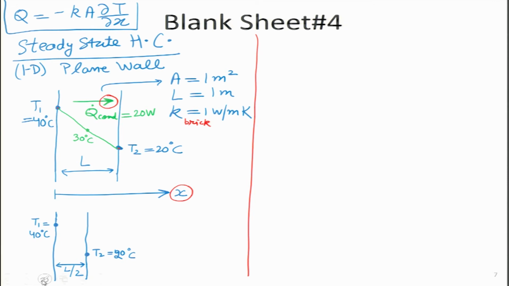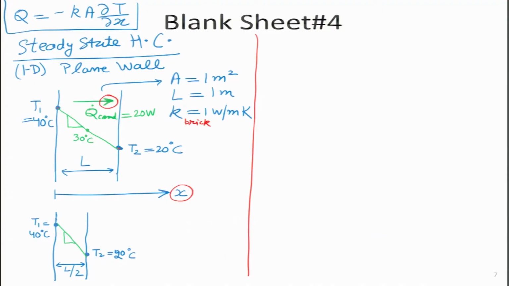If I again draw that particular temperature profile over here, so if my drawing is correct, we can compare the slope of the first temperature profile, which is given on the top, with the temperature profile of this new wall, which is the half thickness wall. If my drawing is very good, then I think we all can see that this slope has slightly increased. The earlier slope was slightly less, and once the thickness of the wall has decreased, this slope has actually gone up.